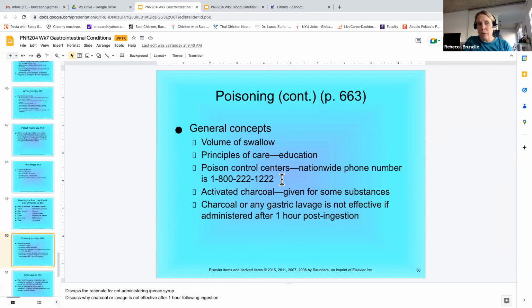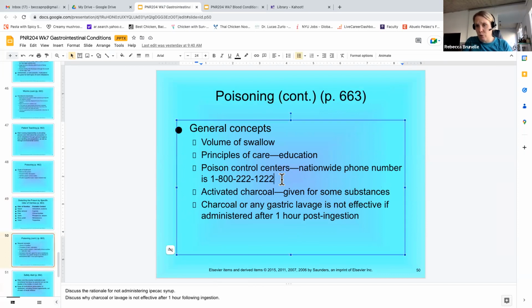So, I would encourage all parents to have the poison control phone number on their refrigerator. If kids get into anything, poison control is a great resource. They can follow an algorithm and tell you, this kid really needs to go to the emergency department, or you can stay home, or whatever. So poison control is awesome, and they're there 24 hours a day. It's always the same number throughout the United States.